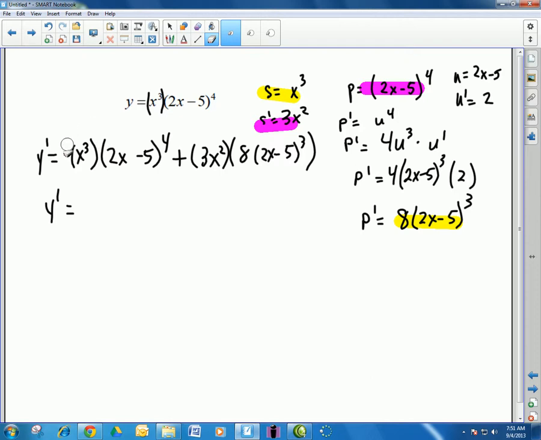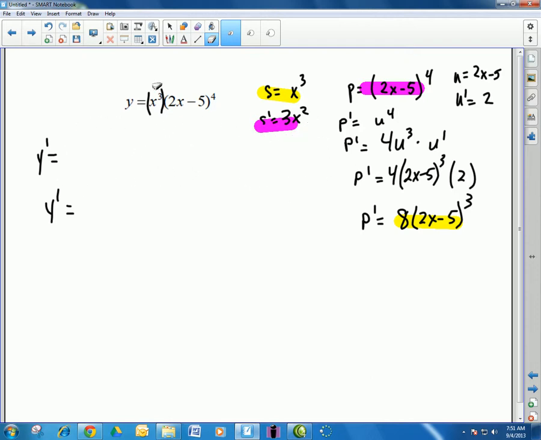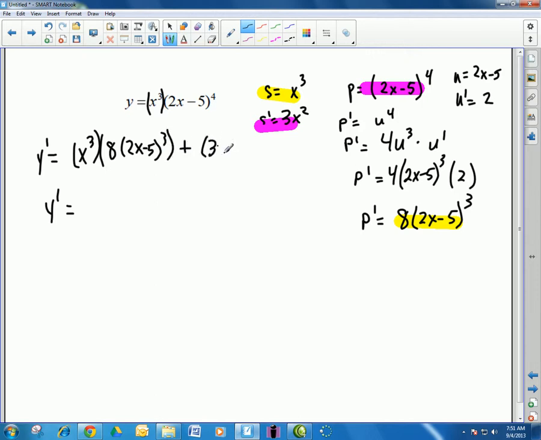I multiplied some things together that shouldn't have been multiplied together, so let's get rid of those. Start over. So x to the third, I even color coordinated and I still messed up. I'm sure you guys caught that. Times 8 times the quantity of 2x minus 5 to the third plus 3x squared times, there we go,